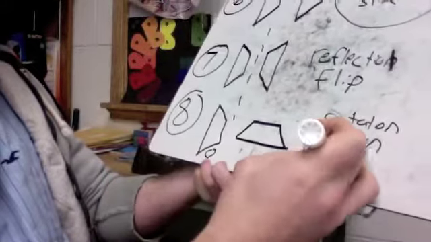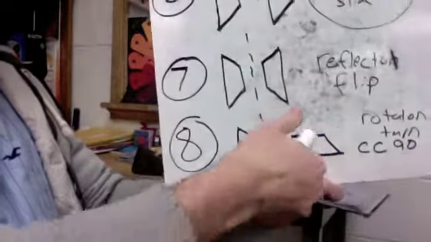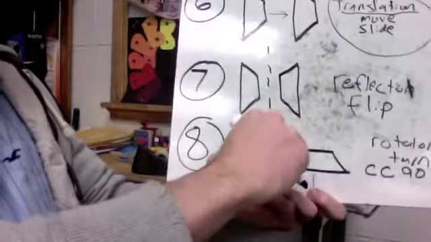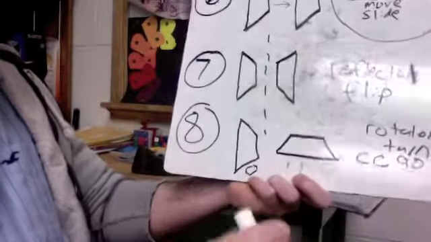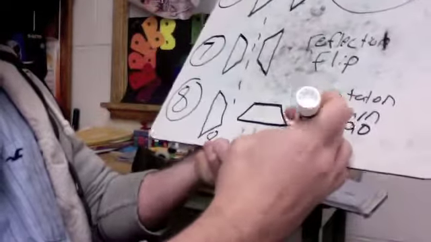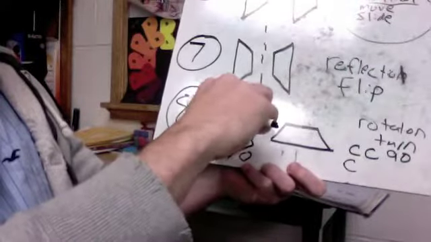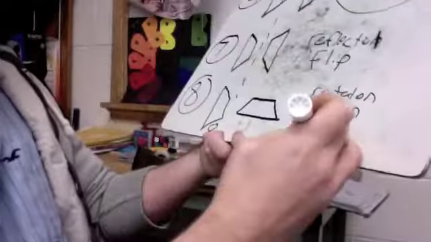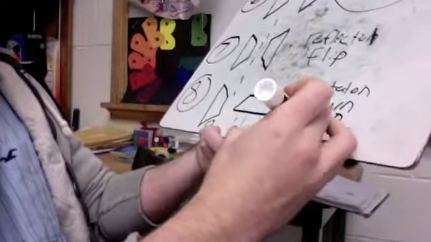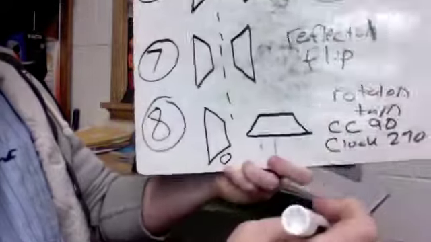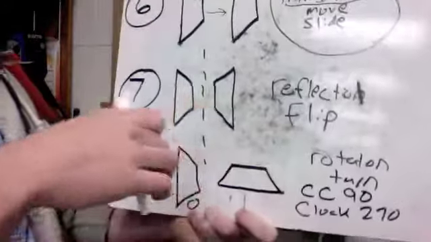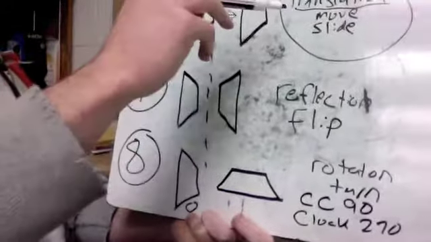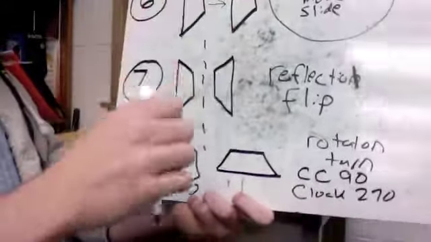So I'll put CC 90, a backwards clock rotation of 90 degrees, or one turn, or we could have done a clockwise rotation of 1, 2, 3, which would be clockwise of 270 degrees. So that's definitely a rotation or a turn. So we've got translation, which is just moving it. We've got reflection,